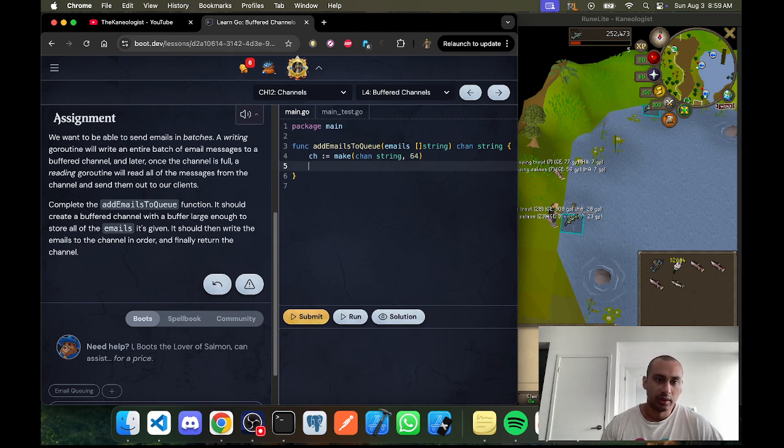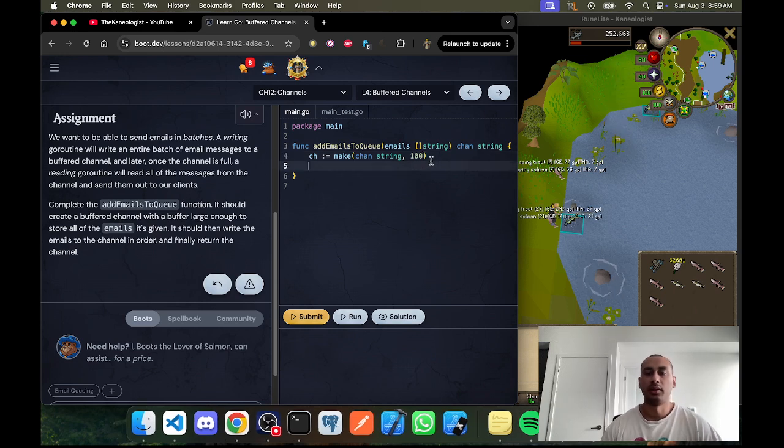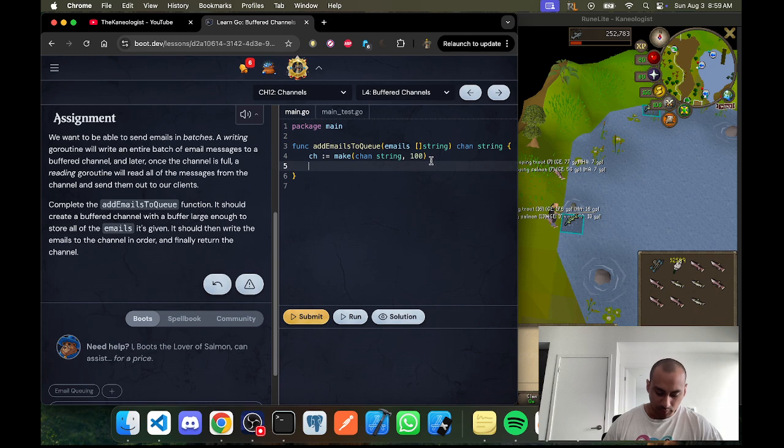The next thing is it should create a channel large enough to store all of the emails it's given. You know what? Let's go to 100. And then it should write the emails to the channel in order. So basically, write to the channel in order. So based on what we know about sending data to the channel, what I want to do is for